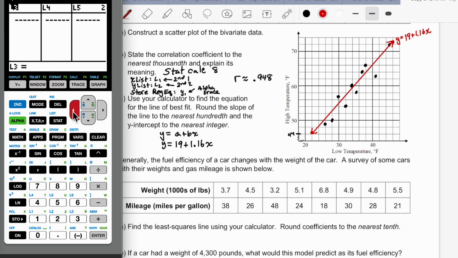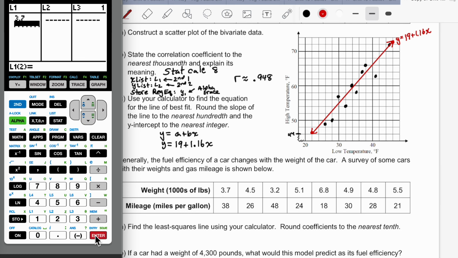Well, 5 of them, I guess, in mine. But usually 6 of them. So it's like, I don't have any lists. What do I do? Well, the way to bring it back is to hit, well, the opposite of delete is insert. So second, delete. It'll create a new column that you would just name L1. Above the 1 in blue here, it says L1, so second 1, and it comes right back. But that doesn't stop you from having that moment of sheer panic where you think you broke your calculator. All right, so